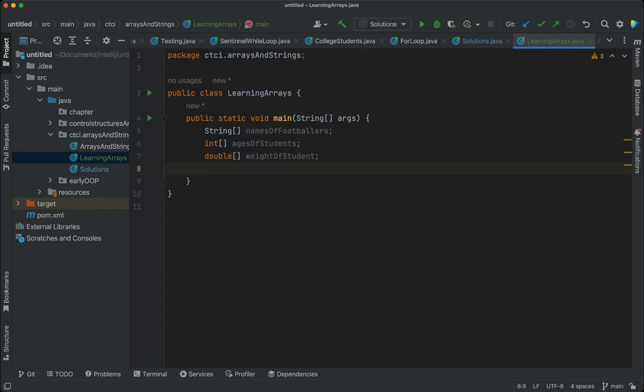So now after creating the array, you might want to initialize the array. Ideally in Java, in initializing arrays, it's important to note that the size of the array has to be declared. The size of the array has to be specified. So to do that, the syntax for this is